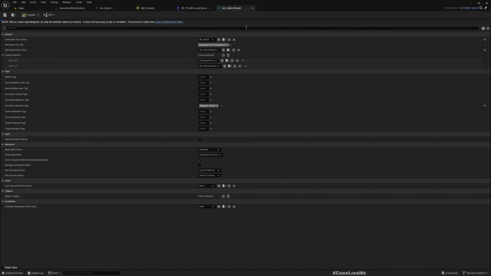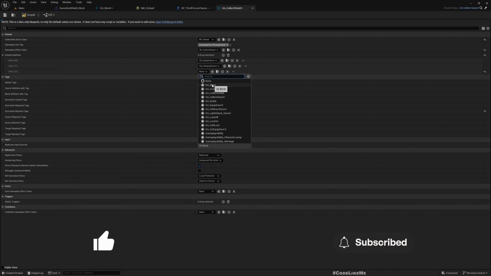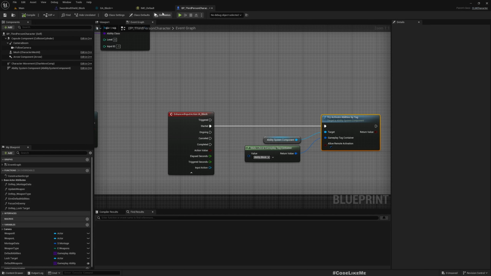So when the character collects the shield, here I have this variable array, granted abilities. These abilities will be granted when this GA collect shield is activated on the character. So plus GA block. So once the character has collected the shield, the character will have the ability to block, basically. Right, now